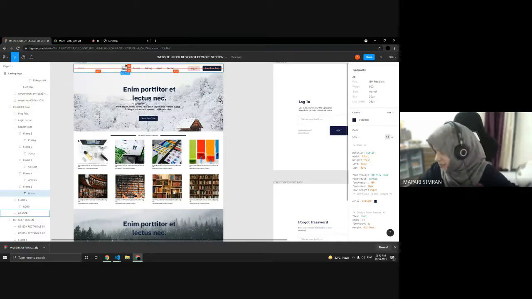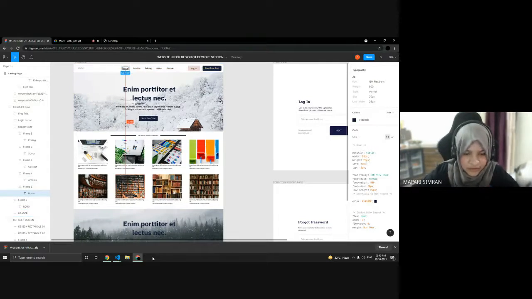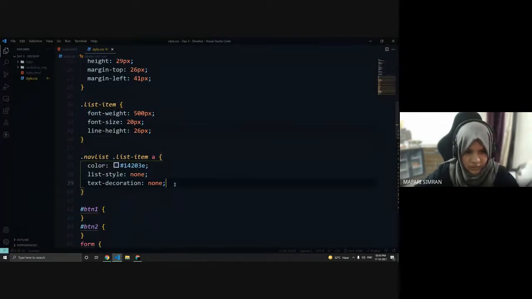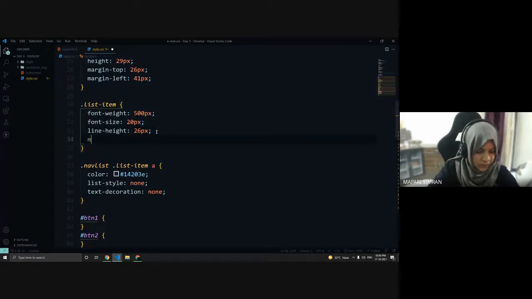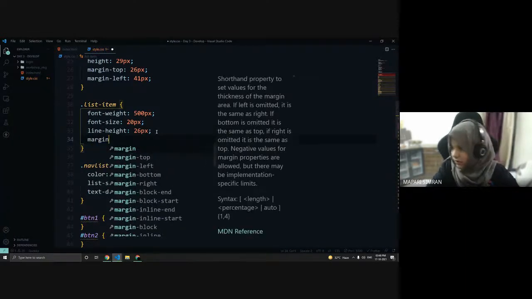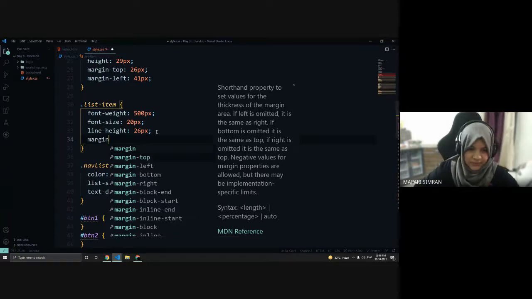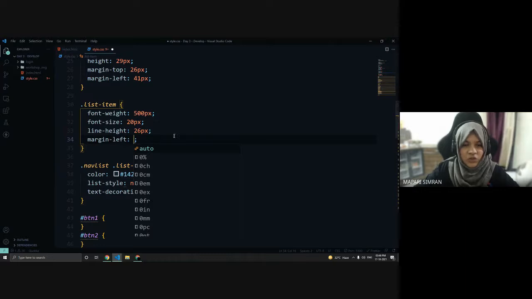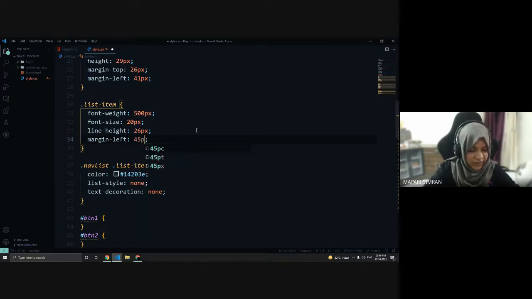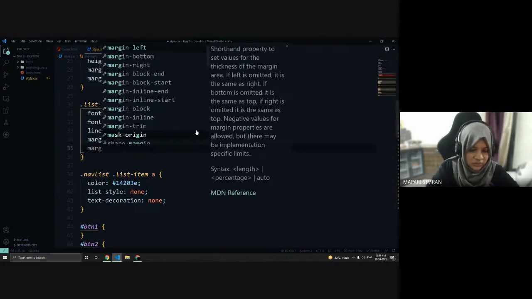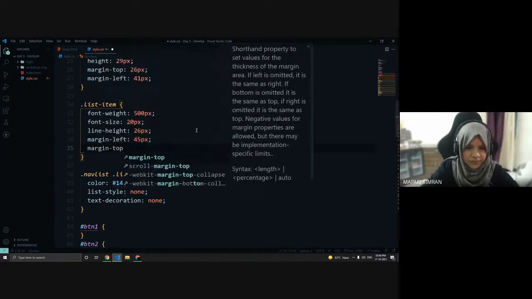Margin left is 45. So let's give that here. Margin left. So margin left was 45 px, right? So 45 px, and margin top.